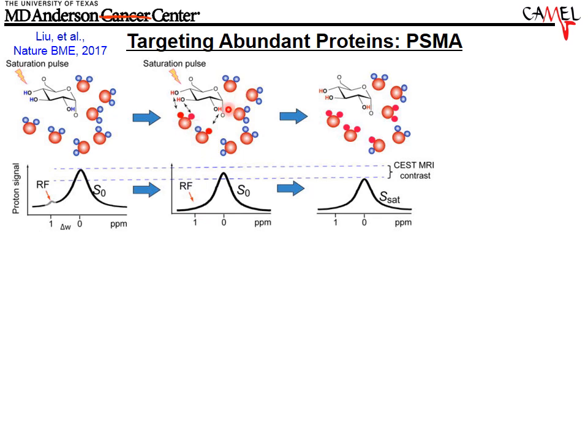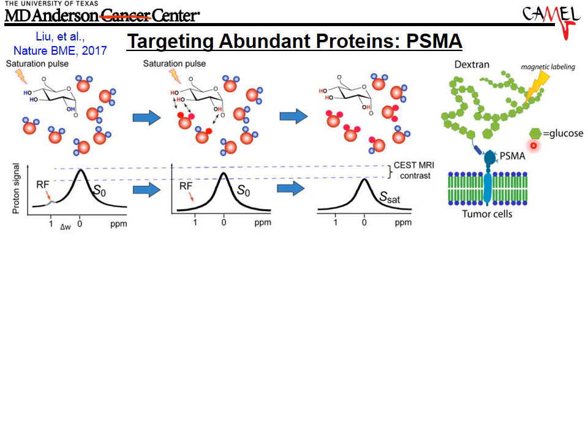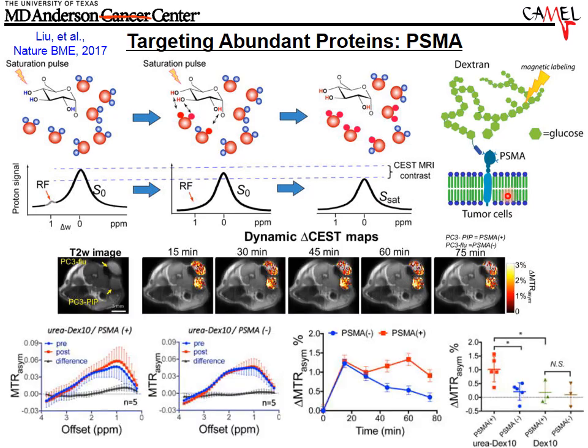After chemical exchange of these saturated protons with protons on water, you can see the blue balls have now changed to red. A lot of the water hydrogen atoms are now saturated, and so the total water signal decreases. So that's the CEST effect. Well, what Dr. Liu did was to take the glucose and really have a polymer, a dextran, of multiple glucose monomers. So he had a very high number of hydrogen atoms on these hydroxyl groups, and he was able to pick up the CEST effect